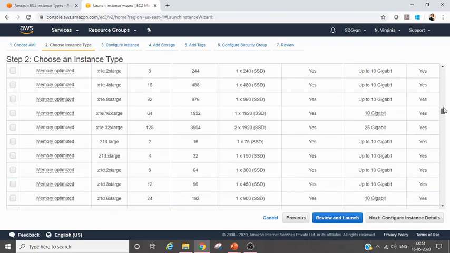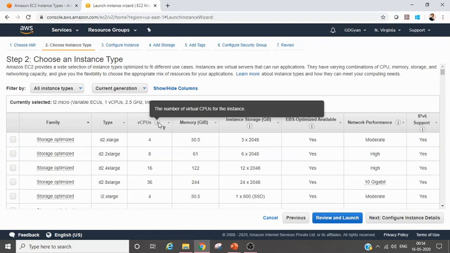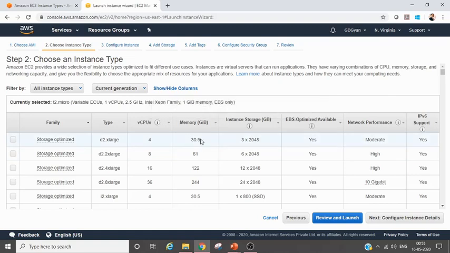So let's go to the top. So how many virtual CPUs are there, right? How many gigs of memory? What is the instance store type, if it is there already, right? And EBS store type, network performance, and IPv6 support, yes or no. So these are all the options that you're going to get, right? So you need to choose here.